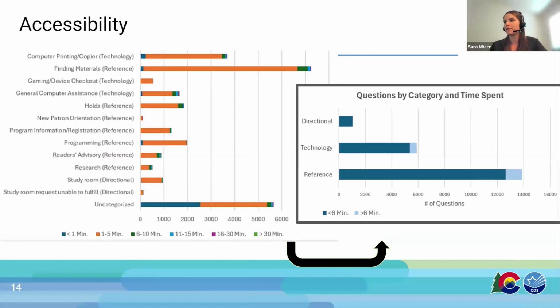Some of the things that I added and improved from one visualization to the next was adding that title, adding the axis labels, and also realizing that with 6 different time frames of time spent, the number of questions within each category is just too small to really be able to make any meaningful way to decipher the two.